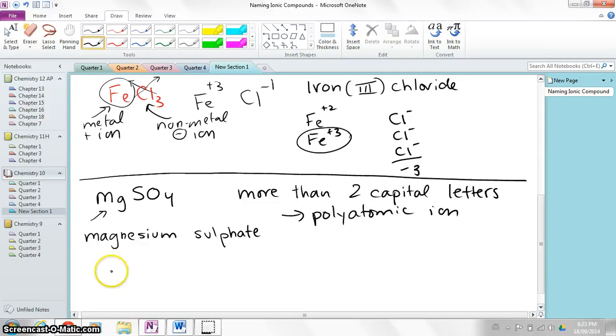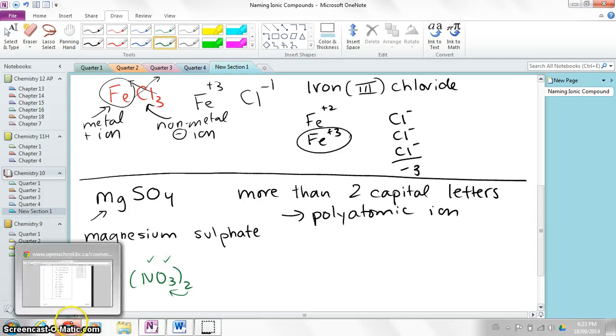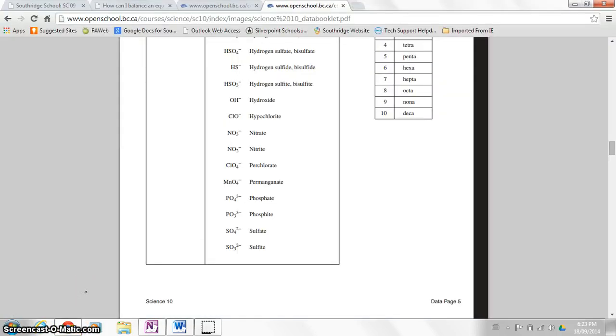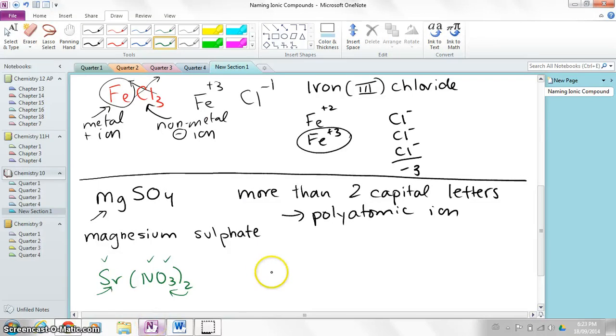Okay? Don't be nervous if you see something with brackets, Sr(NO3)2. That just means there's 2 nitrates and you have a strontium. Now you have more than 2 capital letters, capital S, capital N, capital O. So that means you have a polyatomic ion there. So let's go to the polyatomic ion table and look for the nitrate. Here it is. Be careful, it's not nitrite. They're very similar, so you want to get the right one. So this substance would be called strontium